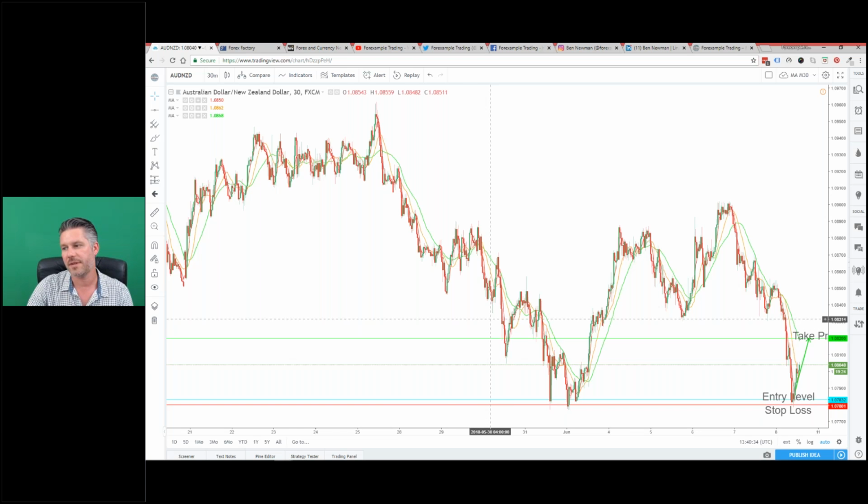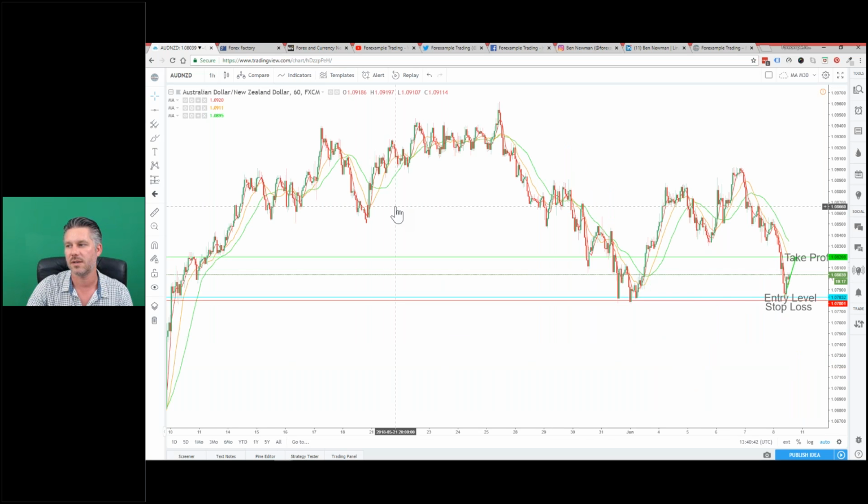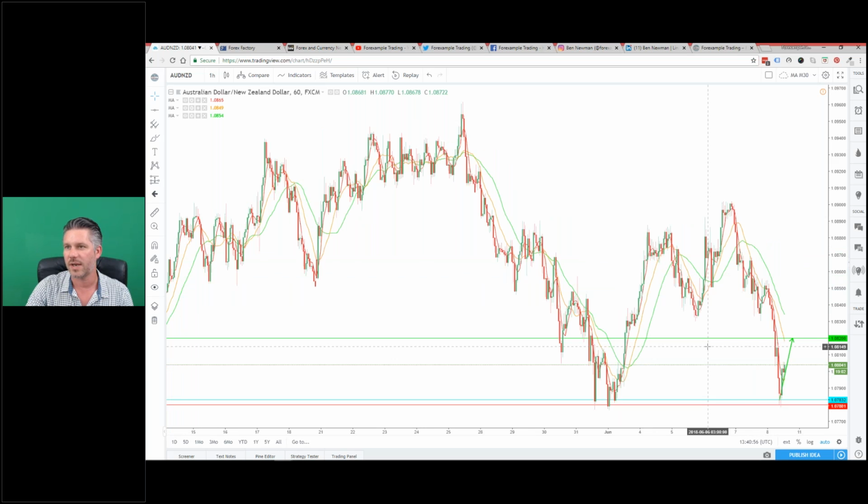Yeah, the other thing, just a quick tip as well, if we're going to have a look at this Australian New Zealand dollar, for example, I'm just going to get rid of these here because you know what these are now. I'm going to explain the colors that I will set these in, because I'm not going to carry on putting stop loss, entry point and so on on these, but the entry level point here will be in blue.